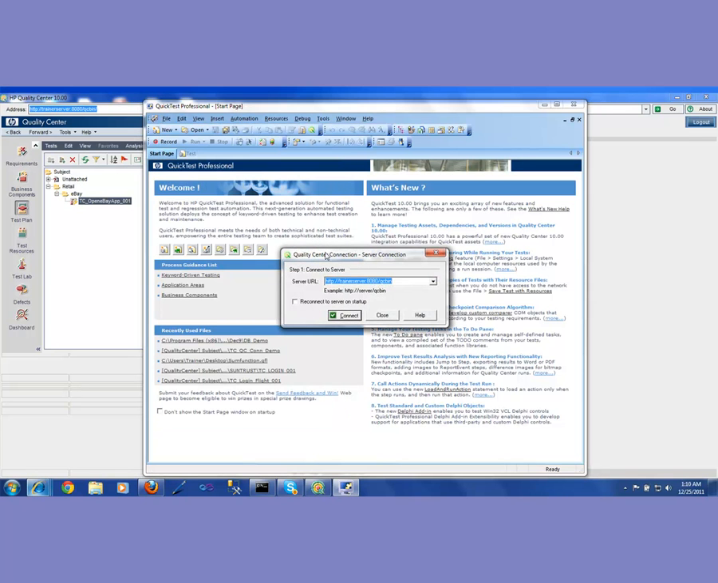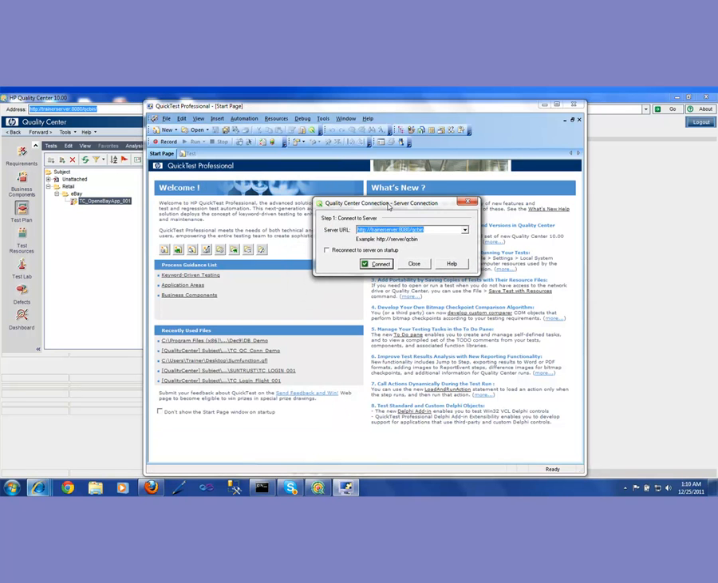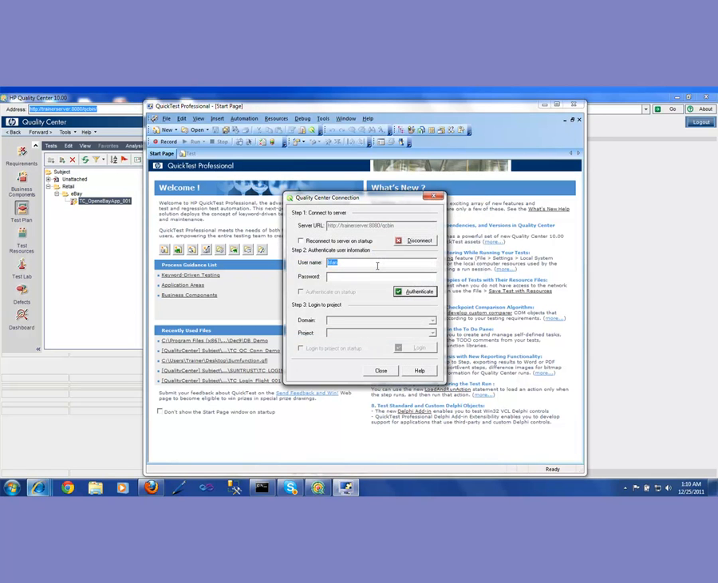Let me click on that, and it is pointing me to the server where I have my Quality Center installed. That's the URL of that, and then it is asking, do you want me to connect? And then hopefully it would connect to that QC. Well, it's going to take a couple of seconds. Okay, there it is. It did connect to that, and now it is saying, okay,